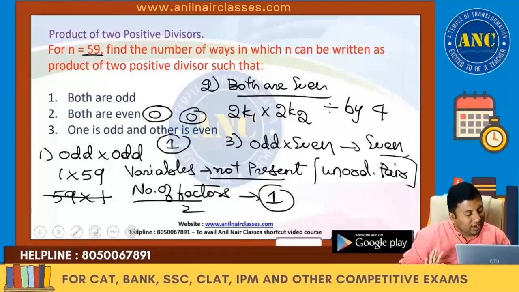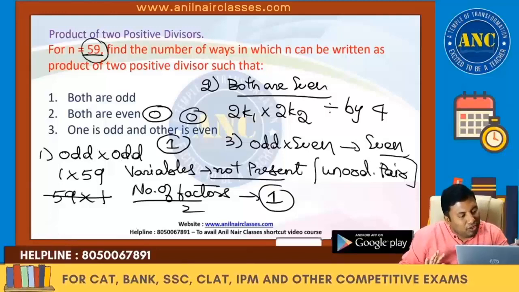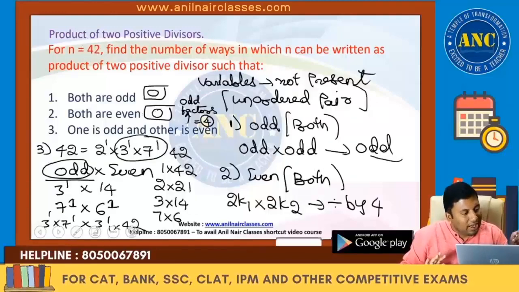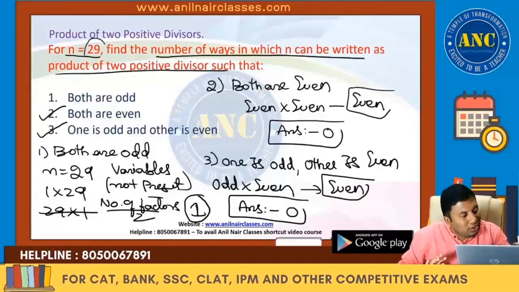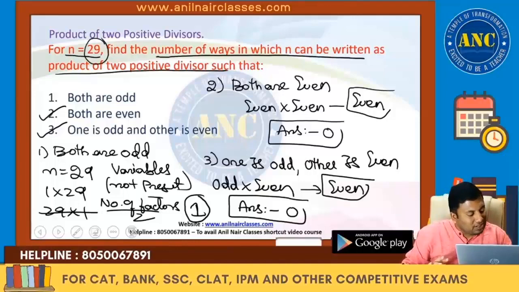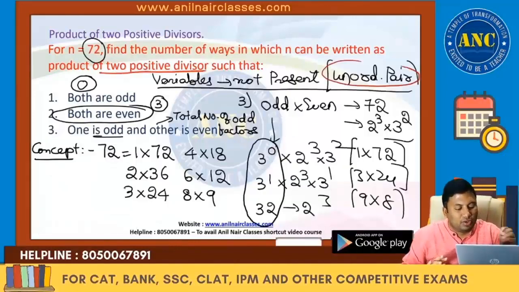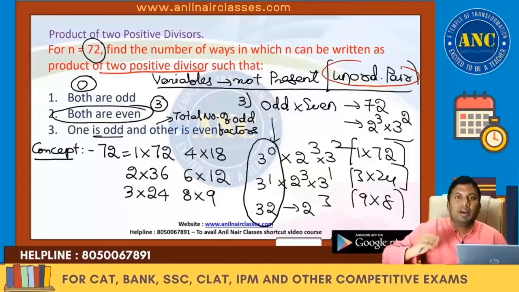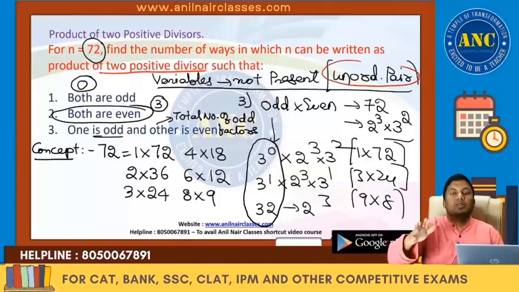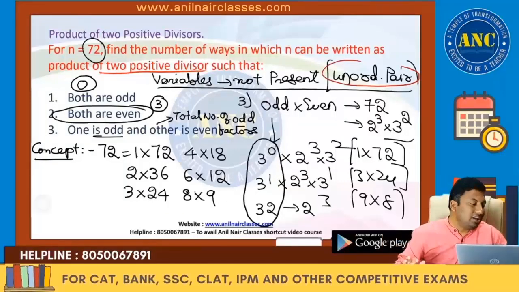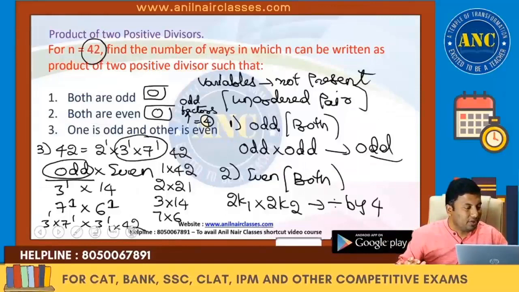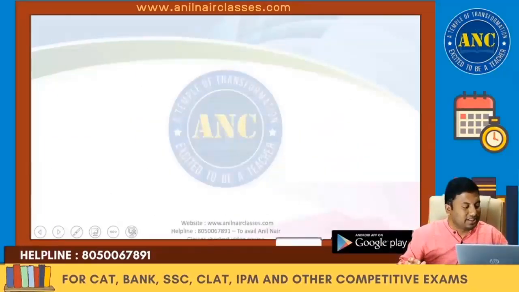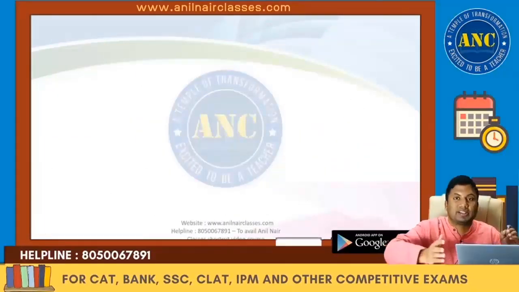All these cases, why I took. 59 is 4 into 14 plus 3, 4k plus 3; 4 into 10 plus 2, 4k plus 2; 4 into 7 plus 1, 4k plus 1. Next case is 4 into 18. Any number when divided by 4 is either perfectly divisible, or gives a remainder 1, a remainder 2, or a remainder 3. All the 4 cases which we discussed. I hope the concept is clear, right?